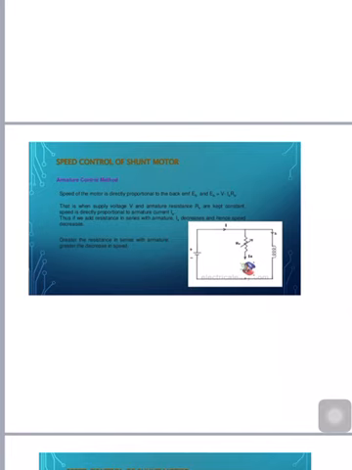When the supply voltage V and armature resistance Ra are kept constant, the speed is directly proportional to armature current Ia. So if we add some resistance in series with the